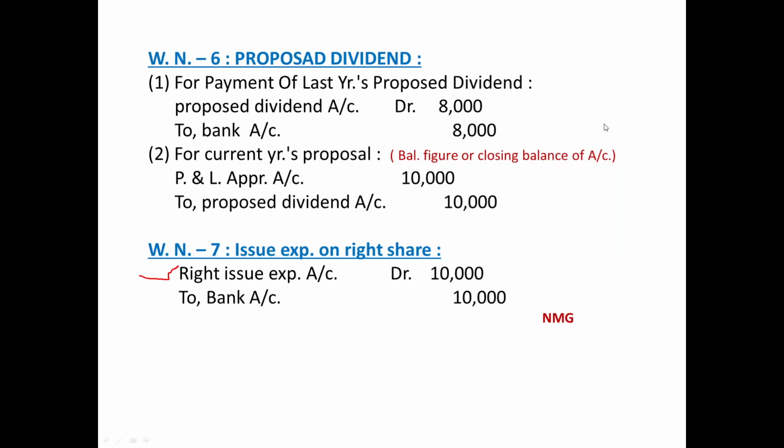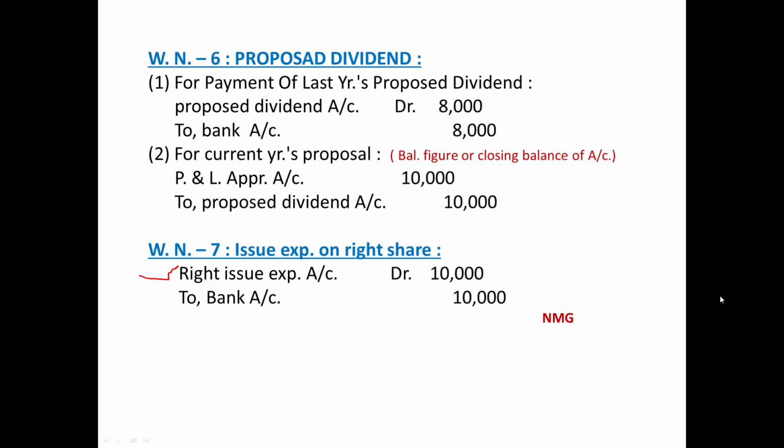So on 31st March, only the board can put a proposal. It cannot pay it until and unless it receives the consents. But the last year's proposed dividend, after receiving the consents in the AGM, obviously would have been paid in the current year. So always you have to be careful about this item. If there is an instruction in the additional information, you have to implement it. But if the additional information is silent, even then you have to implement these two lines: that last year's proposed dividend would have been paid in the current year and the current year's proposed dividend will be paid in the next year.